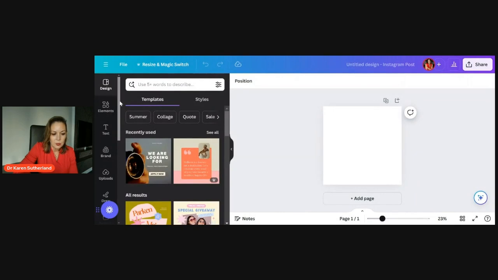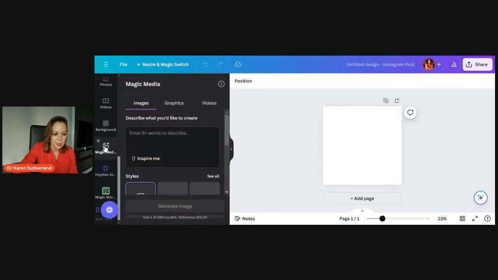Now, with Canva's AI tools, what you can do, it's down the side here. And this is the paid version though. So I use Canva a lot, so that's why I pay for it. And then you can do text to image, text to graphic, or text to video. So the video takes a little while.